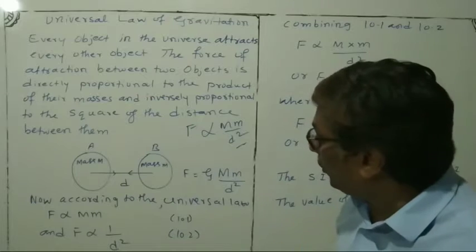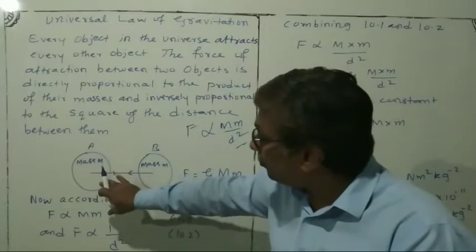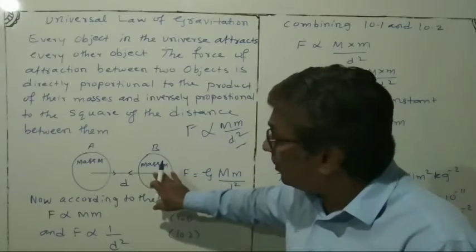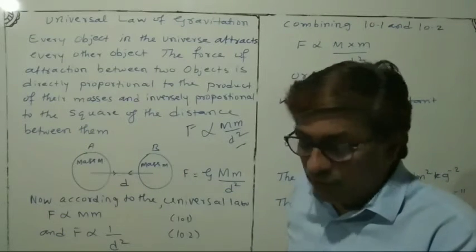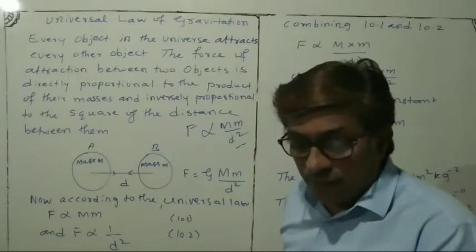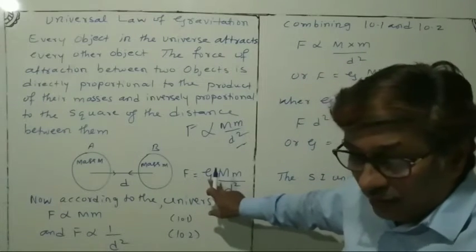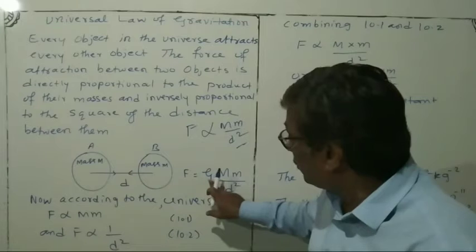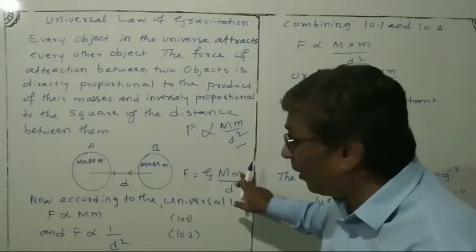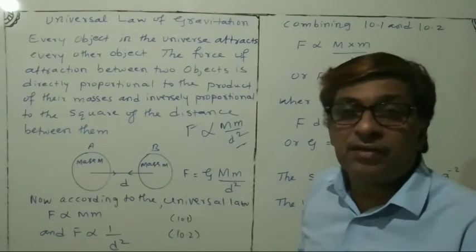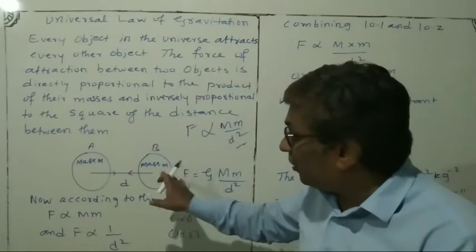Okay, now what you have to do in this? Suppose the object here has mass M, and here you have to write the small mass m. So you have to multiply these. Then F, the force exerted, is equal to G, the gravitational constant, times mass multiplied by mass upon d square. So you have to use this formula, and you will understand this better.